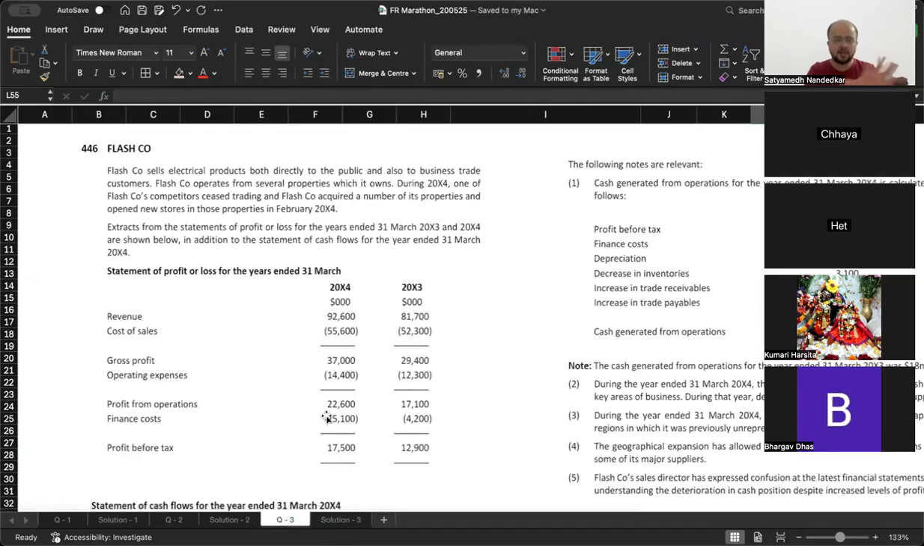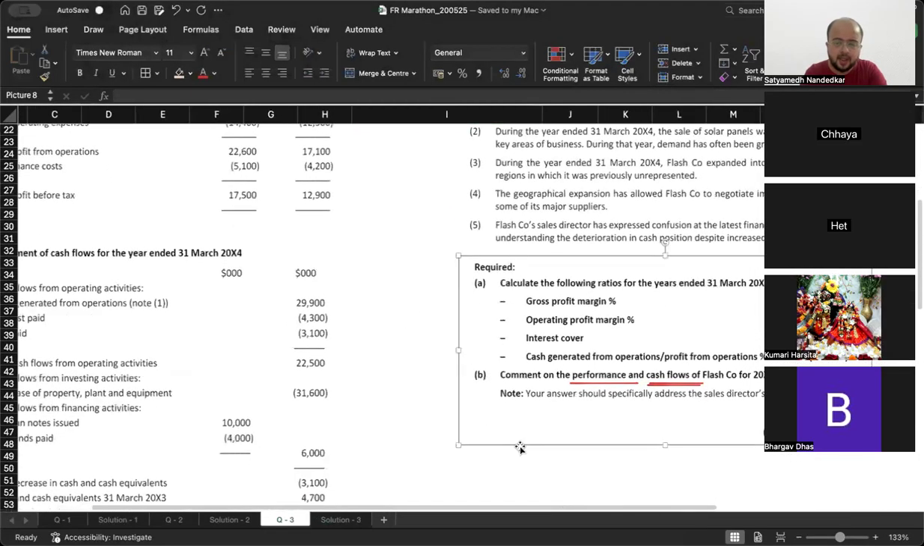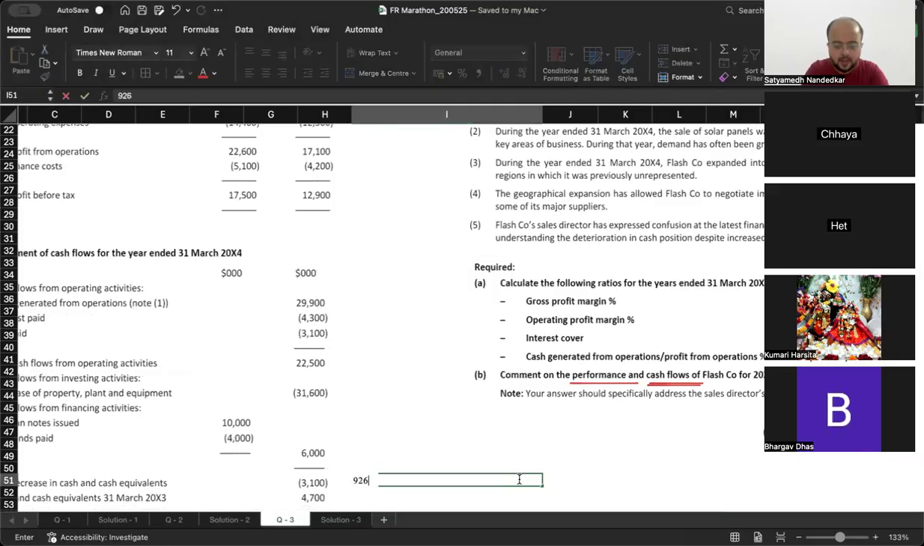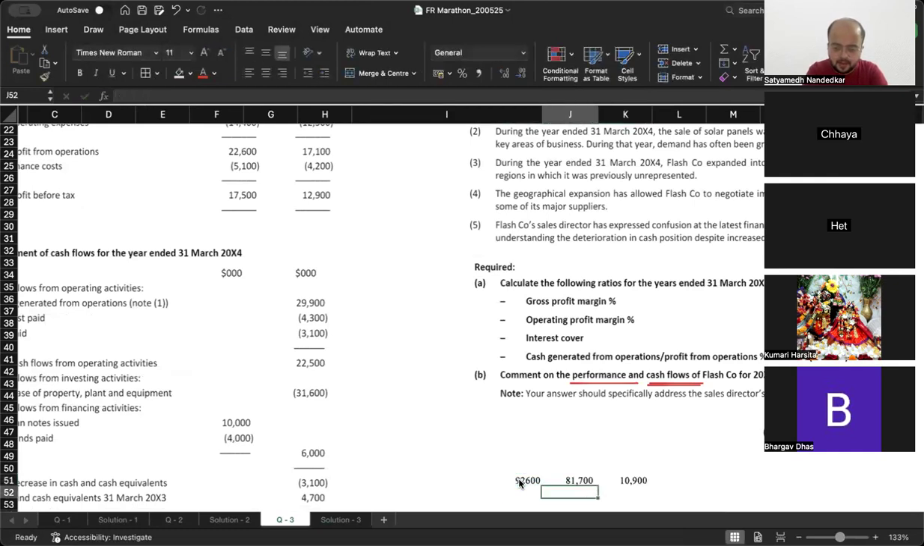उसके बाद सो दिस यू सेट द टोन. अभी आपको पता है कि आगे जो कमेंट आप करोगे उसके लिए एक बेसिस आपके पास आ गया है. ठीक है. नाउ let's talk about the performance. When you are talking about performance, you can do two things. A, you can talk about the ratios and you can talk about the growth of individual items also. जैसे revenue 92,600, 81,700. कितना इंक्रीज हुआ रेवेन्यू बताना तो. 92,600, 81,700. This minus this